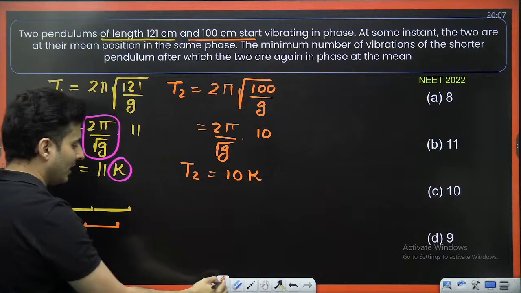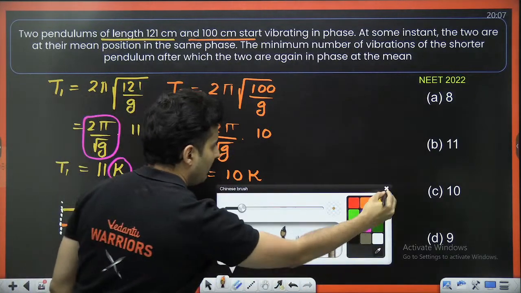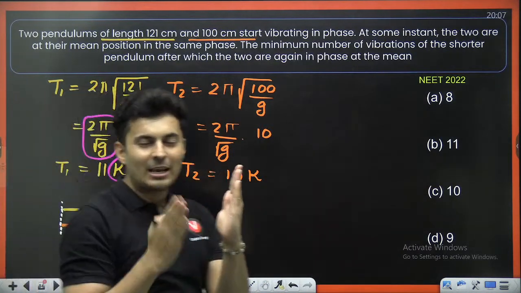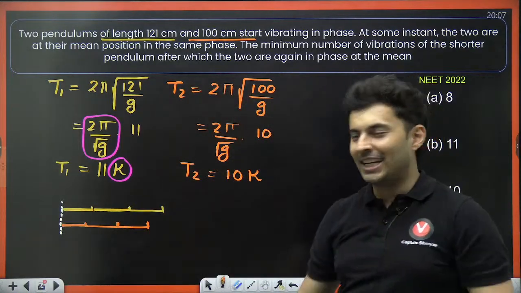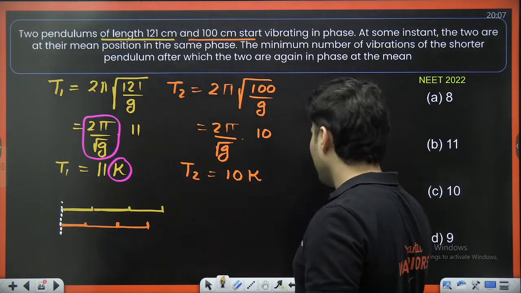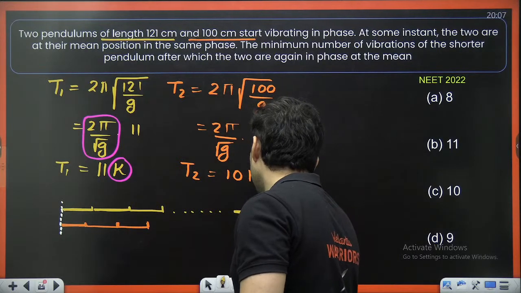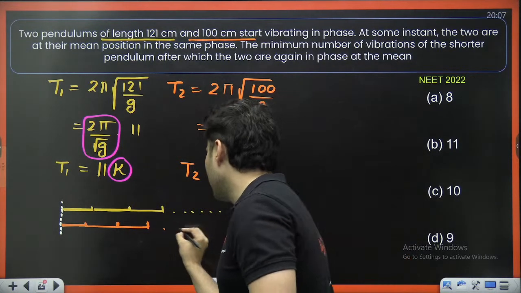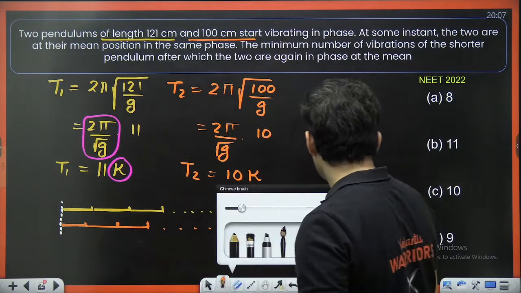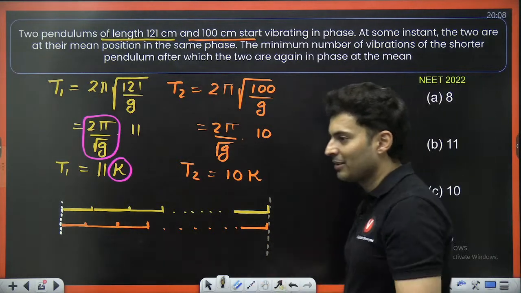So my dear students, you wait one more time period, again it will fall back even more behind. This is something like your vernier caliper. After some divisions it coincides, right? Something like the vernier caliper concept only. So think about it. Eventually you will see that this will coincide with this, and that's when I would say they are back in the same phase.